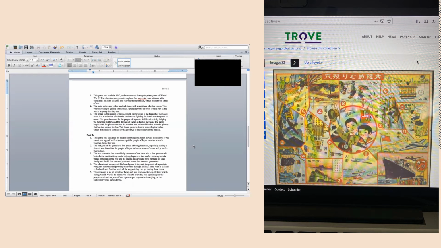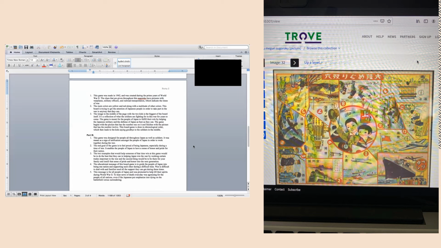The 2 examples that would help someone of that time win at this game would be to do the best that they can in helping Japan win the war by working certain trades important to the war. And the second thing would be to be there for your family and instill that sense of pride and honor